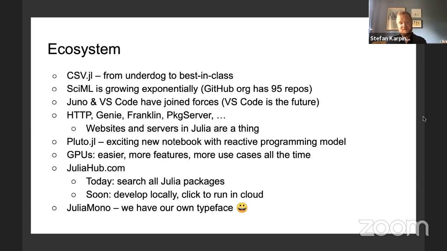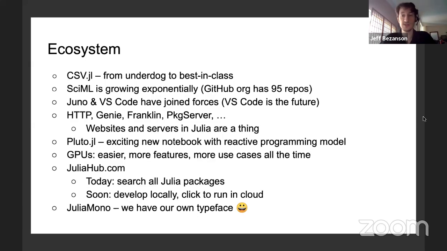There was also a talk about Juno and VS Code yesterday that Sebastian gave. They've joined forces, is the short story. VS Code is going to be the future because Microsoft has purchased GitHub, and so the Atom editor is kind of winding down, and VS Code seems to be the way to go. Yeah, I'm very excited about this because for a while now we've actually had two good IDEs.